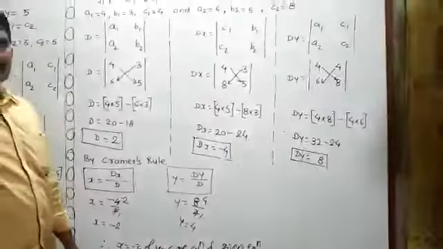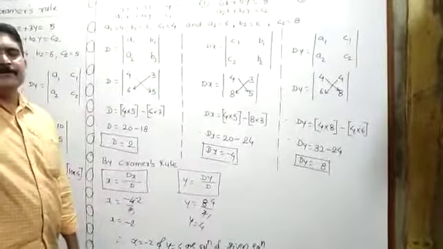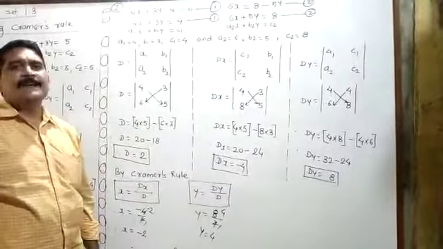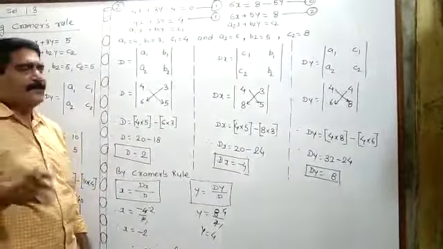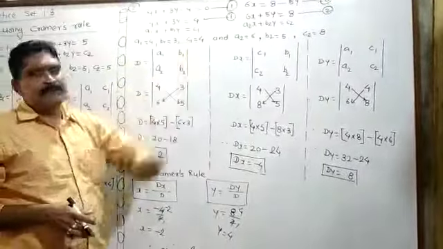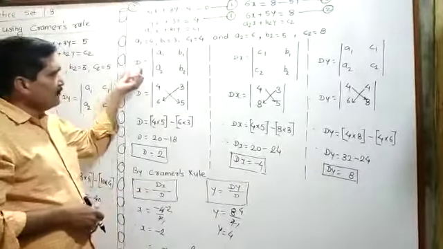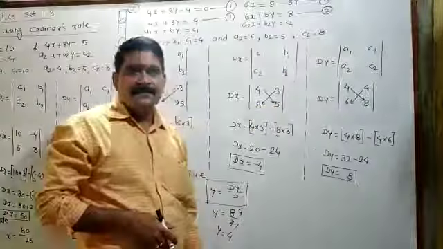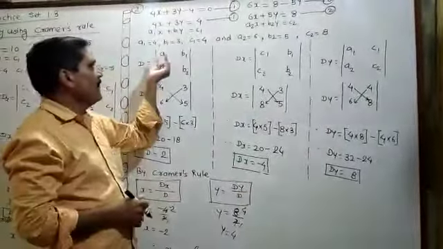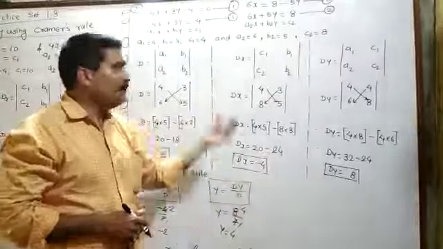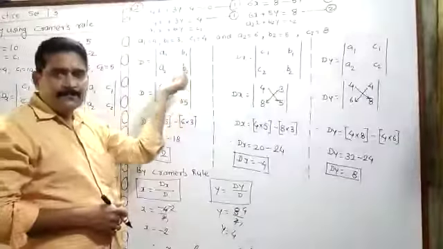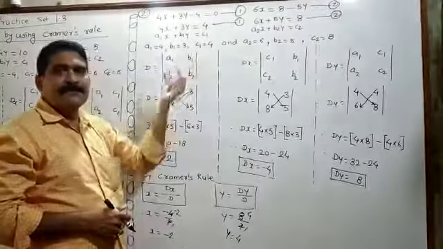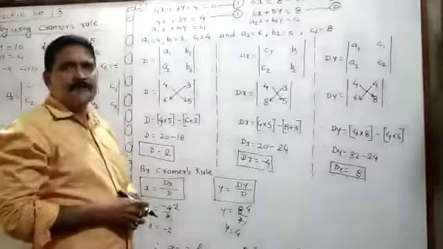Everybody understand? Means, first of all, you have to compare the given linear equations with the standard form of the linear equation. You have to find a1, b1, c1, a2, b2, c2. From that you have to find d. From that you have to find dx. From that you have to find dy. By the tricky method, I already told you, a, b, c, b, a, c, downside also, upside 1 and downside 2 you have to write, and you have to solve this example.